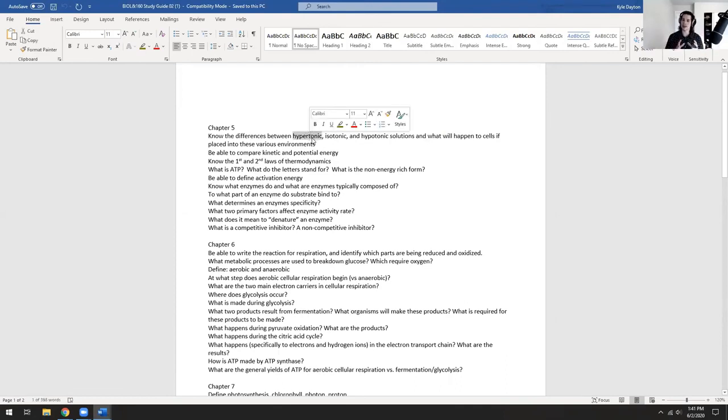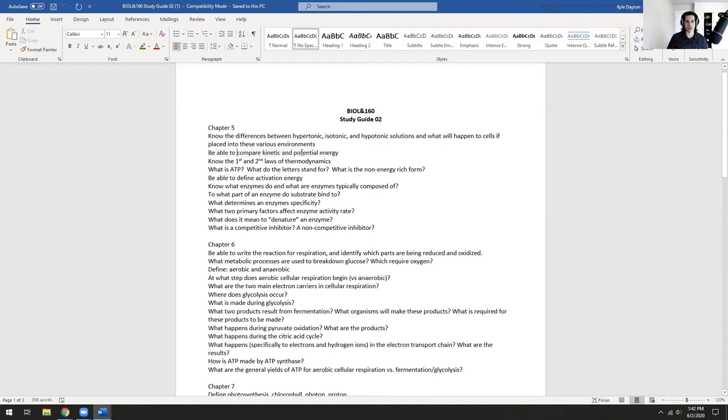Typically, when you have more solute concentration outside of the cell than you have inside of the cell, water inside of the cell wants to osmose or move out of the cell, and as a consequence, your cell will shrivel up. Isotonic, your cell should stay the same. Hypotonic, remember, the water wants to move towards where there is more solute, so if there's less solute outside of the cell, it's going to want to move into the cell, and usually that's where you get the cell bursting. And we call that hemolysis if we're referring to red blood cells, which you'll probably encounter in your future courses.